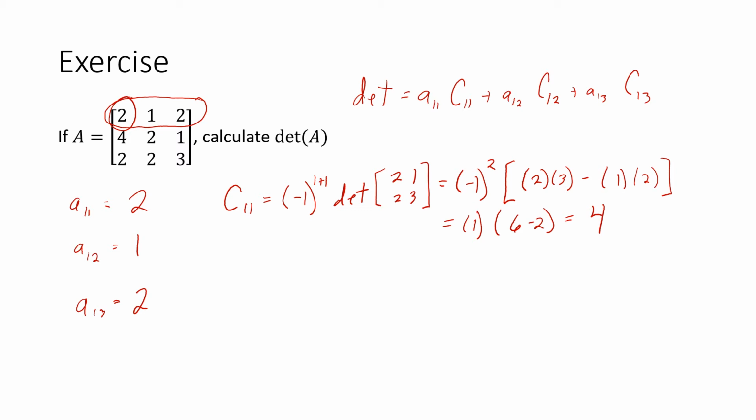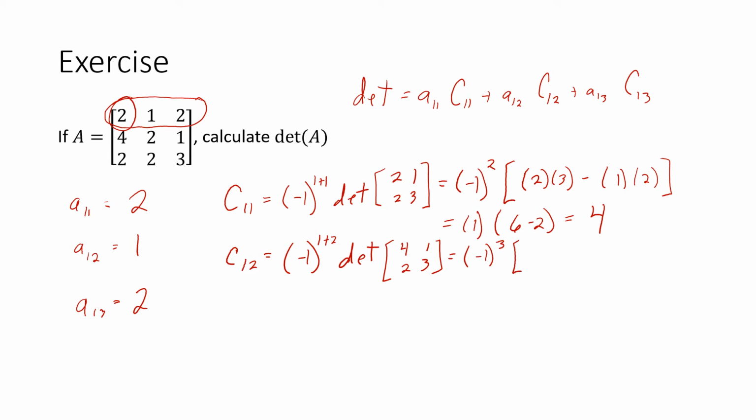Now continue on to the next one. What's the 1, 2 cofactor? C12 is equal to -1 to the 1 plus 2 times the determinant of what you get when you eliminate the first row and the second column. So go back to A, take away the first row and the second column, we get 4, 1, 2, 3. So simplify this, you get -1 raised to the 3 times